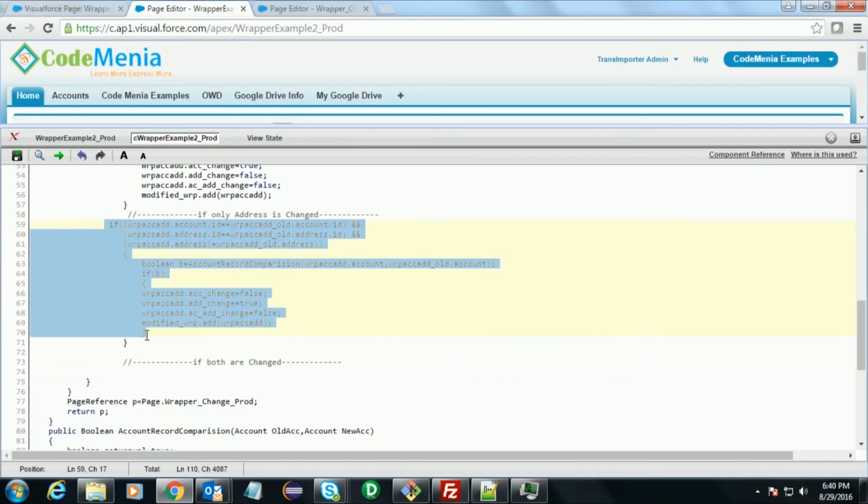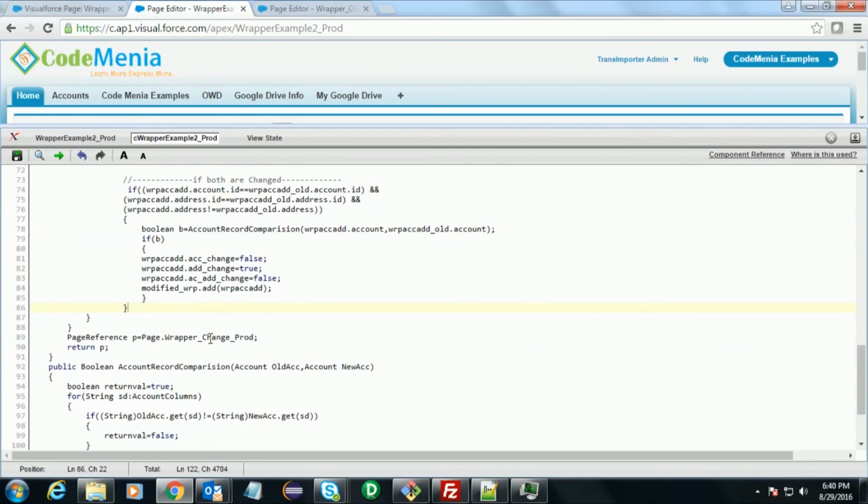For that we copy this, that is for address change. Now if the account comparison method returns false, then it is sure that account and address both have been changed. So we set the third flag as true. Now if we save it,